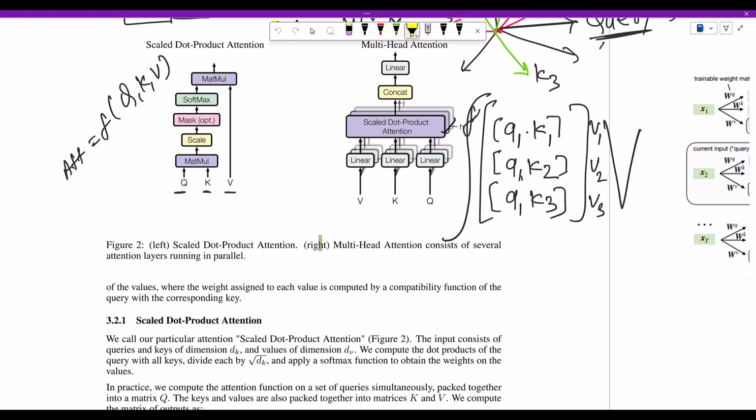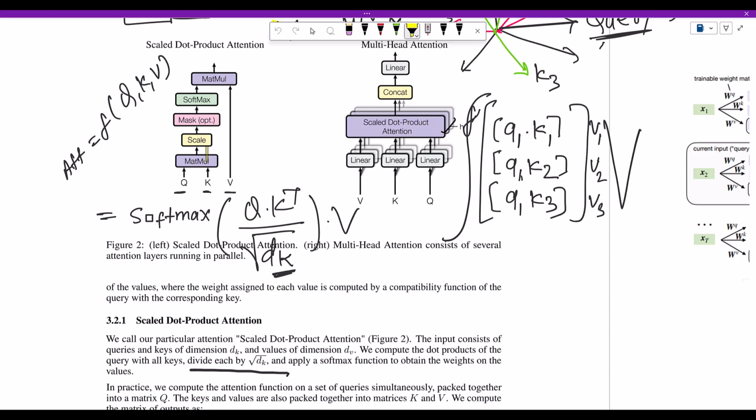So by seeing the above, you can say that attention is a function of q, k and v. And how do you calculate that? So the formula is here. You apply softmax, and inside that you put q into k transpose divided by the square root of dk, and then multiplied by v. So now the question is, what is this dk? So dk is, as they have explained here, something they divide by, the square root of dk, so that they can actually